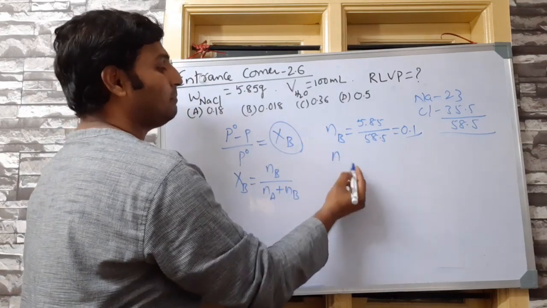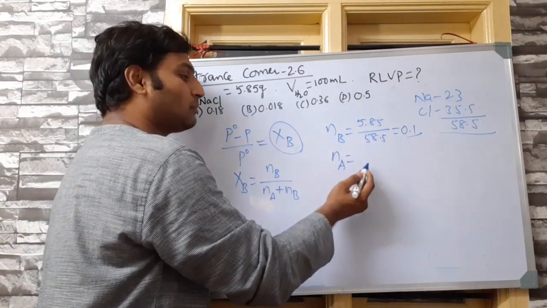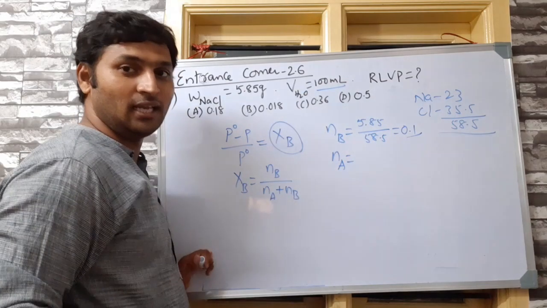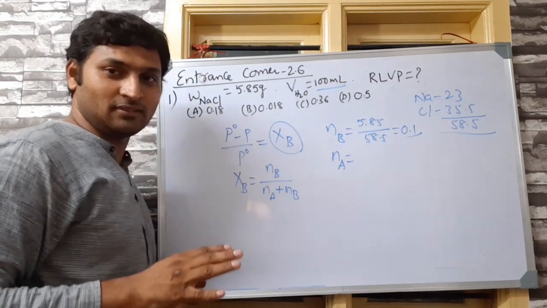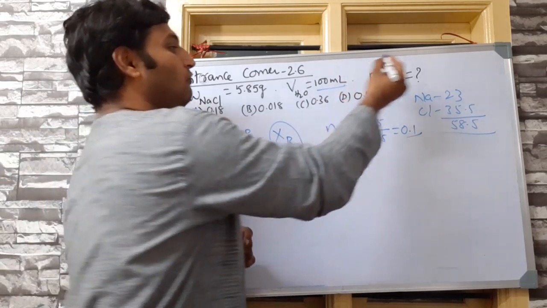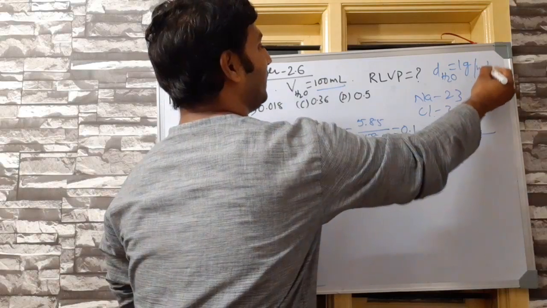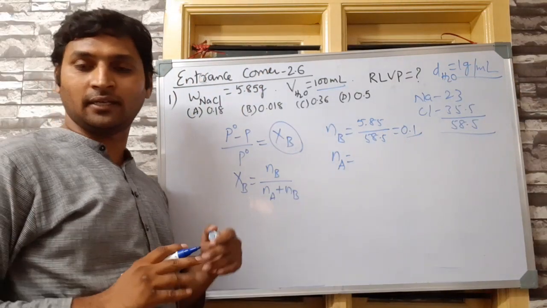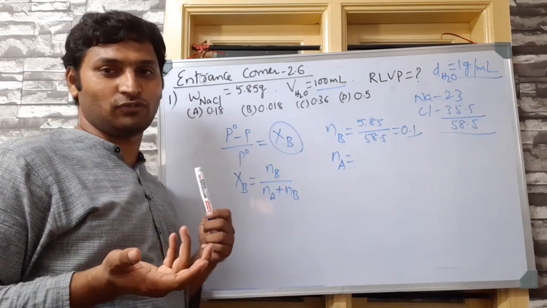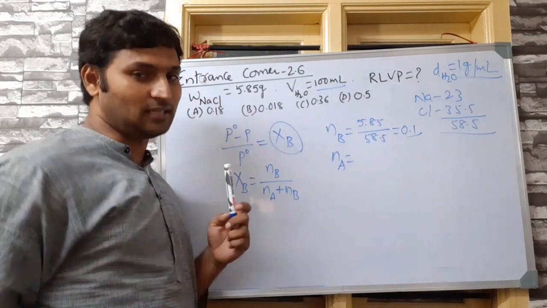Then for number of moles of water, you need weight of water by molar mass of water. But he has given volume. Whenever this happens, please understand, for all theoretical requirements, we take density of water equal to 1 gram per ml. We don't mind doing that. So don't panic that they have not given the density of water. It is taken for granted it is 1 gram per ml. So 100 ml is 100 grams.